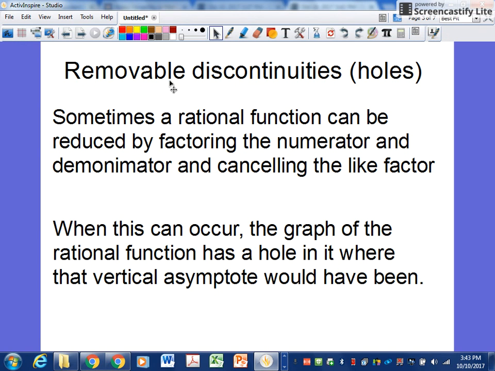Okay, and you find a removable discontinuity when you can reduce a rational function by factoring and canceling. The only time you can cancel is if you have parentheses on top and parentheses on bottom. So you only cancel with multiplication. When this can occur, the graph of the rational function has a hole where the vertical asymptote would have been. Okay, so we find the vertical asymptote, but then something funny occurs